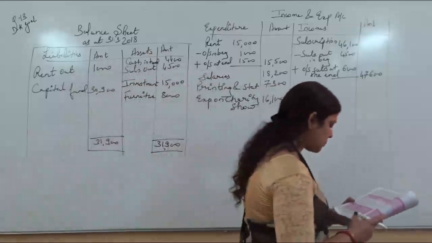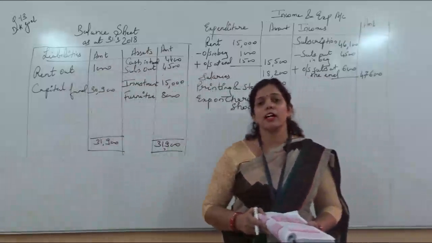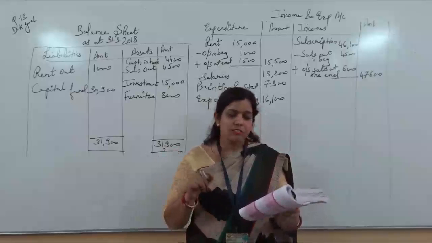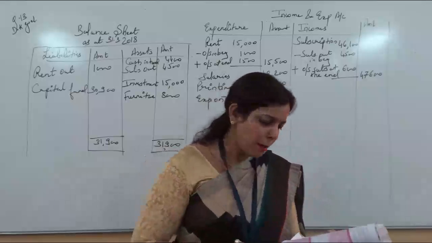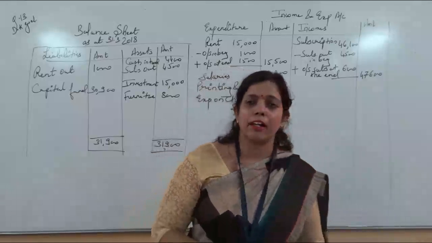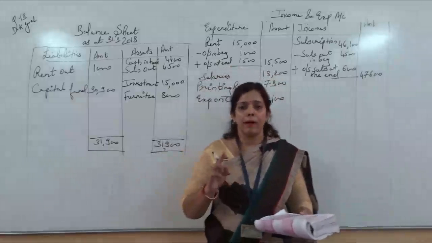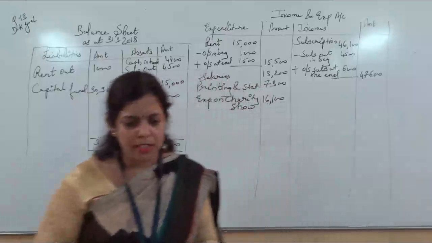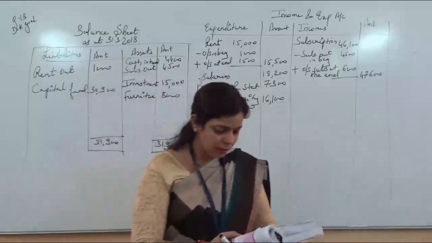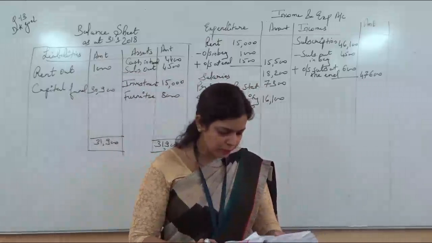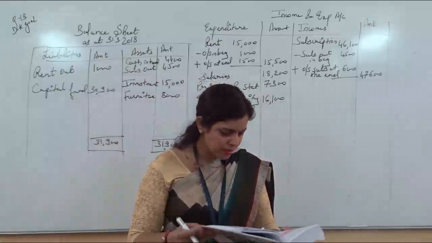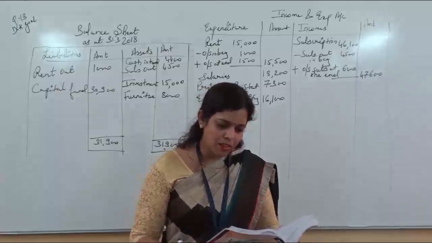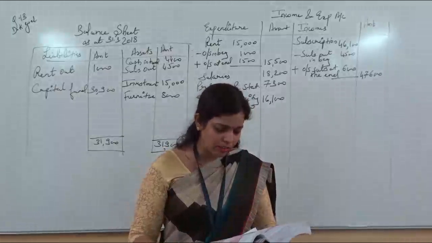Then investment purchase. Investment is again an item of the balance sheet. It will not come here. We will take it in the asset side. Furniture, it is again an item of the balance sheet asset side. Closing balance, it is again an item of the balance sheet asset side. Okay. We have covered the payment side, but depreciation is remaining. Yes, depreciation is there. We have to charge depreciation. We will write it later on.